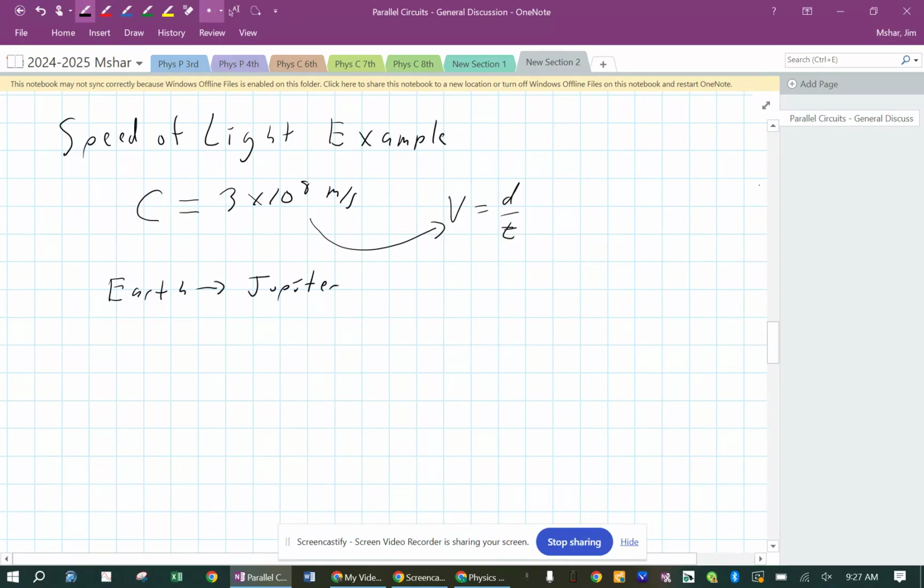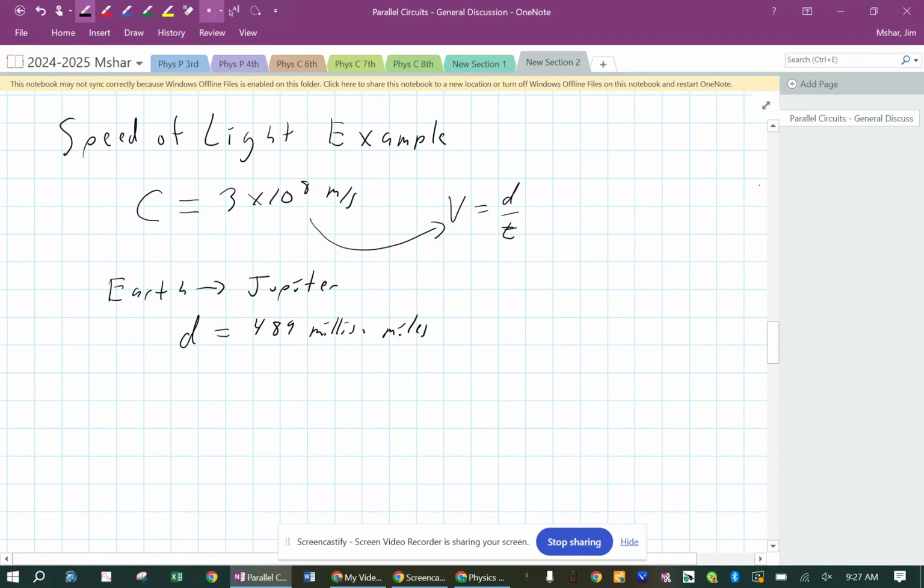So let's say you sent a space mission to Jupiter, and they're circling Jupiter now, and you want to contact them. How long will it take a signal, like a radio wave, which goes the same speed as light, to get there? So if you have your astronauts out there, and you want to tell them, hey, change course, how long does it take to get out there? So the distance from Earth to Jupiter today, I looked it up, is 489 million